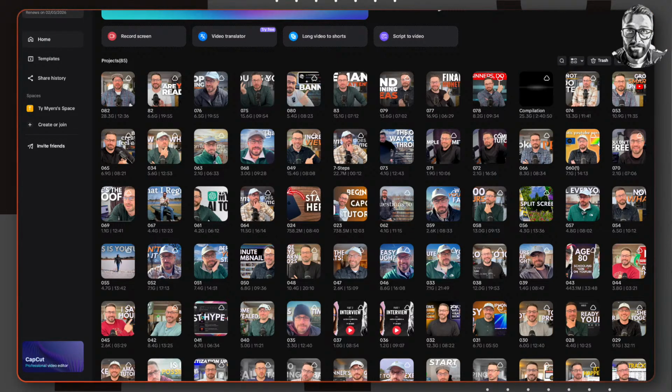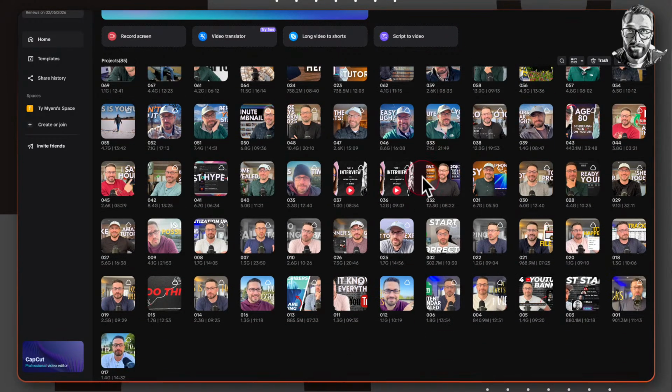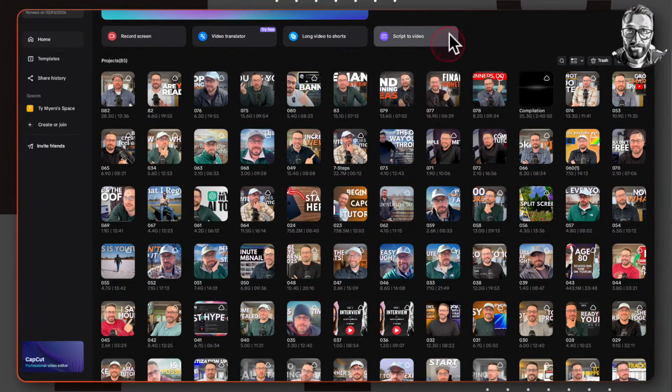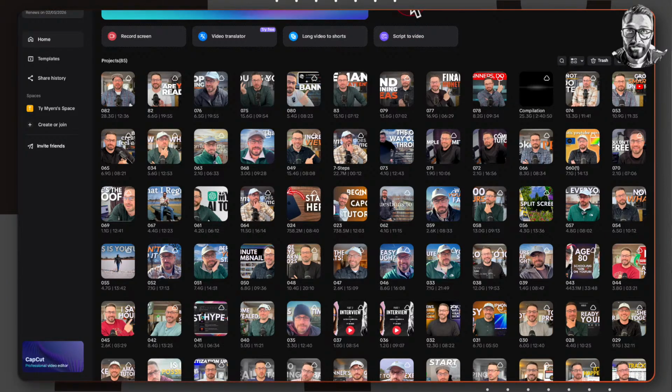I don't use the web browser version. I use the dedicated app. Again, I'm working off my MacBook. And these are all my different projects. So as you can see, I've got over 80 different YouTube videos that I've edited here in CapCut so far. And each one you can see is represented as its own thumbnail, like a tile, and you can click into each project. So let me show you an example of a recent video that I posted to my channel